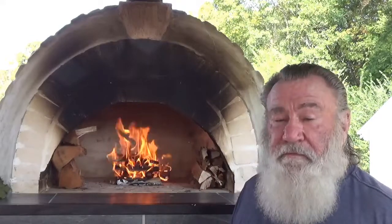So today we're going to burn in for just a couple hours, and we're going to bring it up to temp, and we're going to put some pizzas on there. I did 2 experiments last night. If you've done any research on how to make pizza dough, one of them is called a Biga, one is called a Polish, and there's a couple more other than that. I followed this Biga one, and